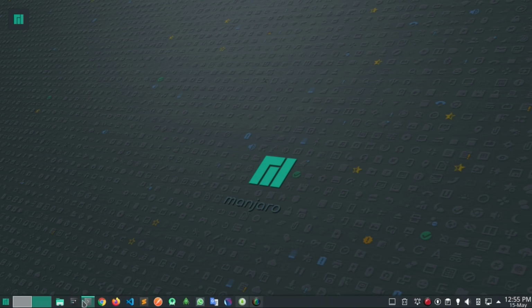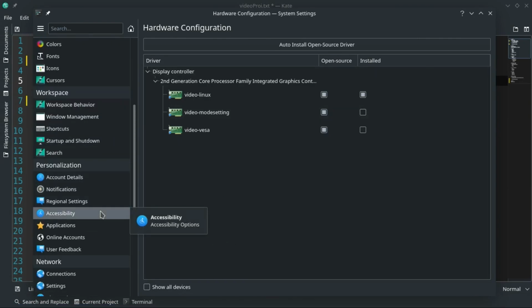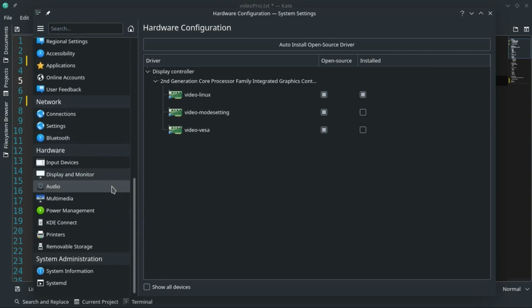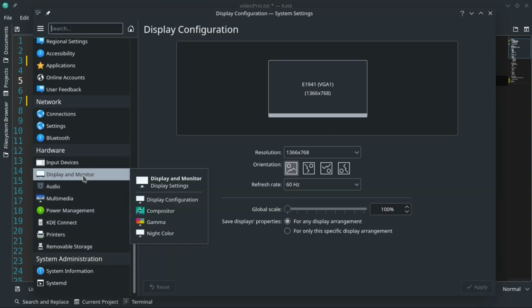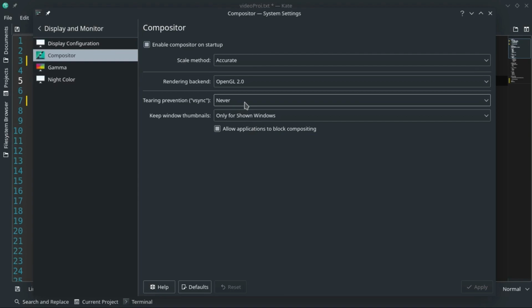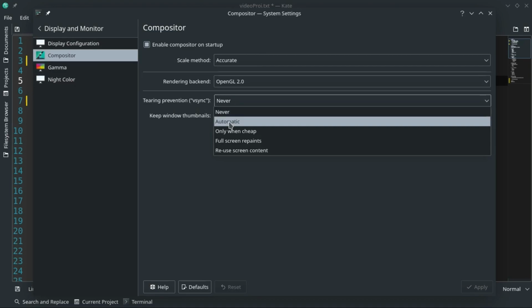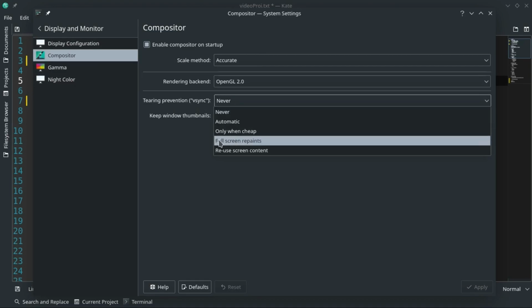So what you have to do here is go into the settings. Whenever you install Simple Screen Recorder, you must do one thing: go to display monitor, click here, and open the compositor. Here in the compositor, the value of vsync is something different, like automatic or maybe full screen repaint.